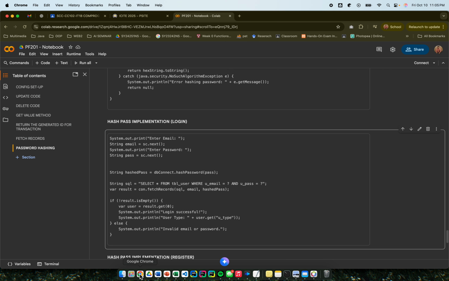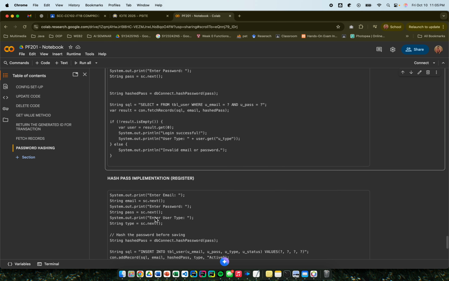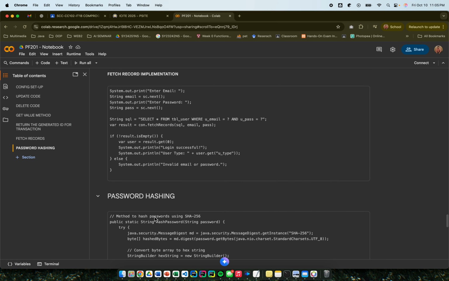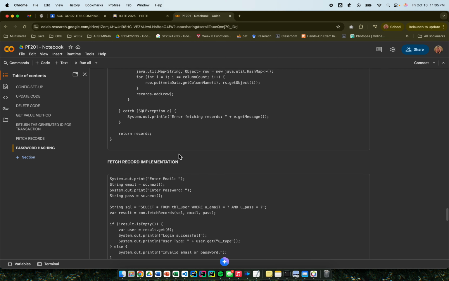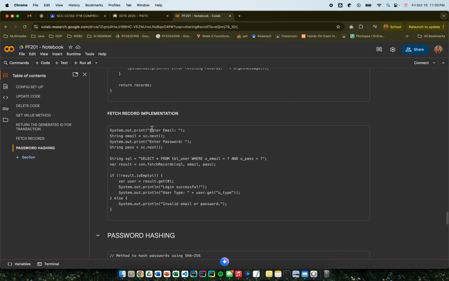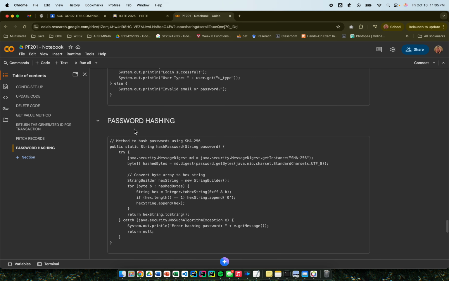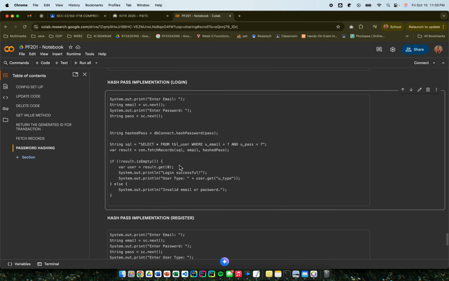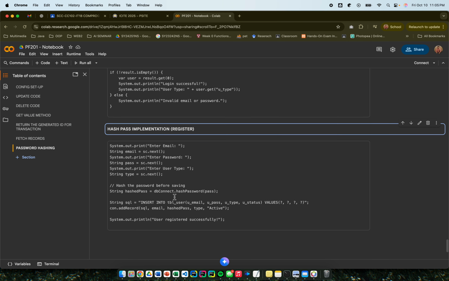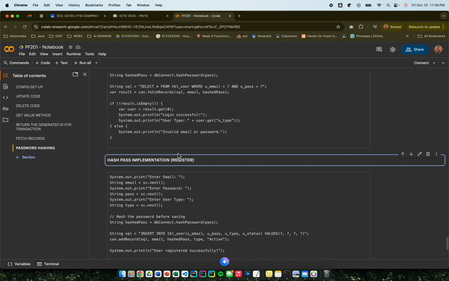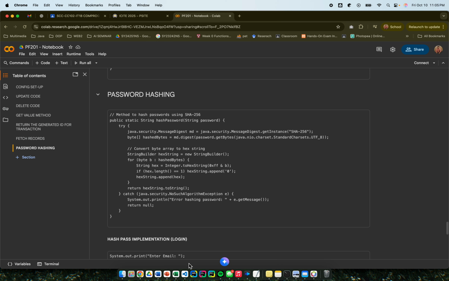Now, as a quick overview, we will also check the current Google Colab that we have. I've already added the code from the last session, which is fetching records and how to use the fetching records. So hopefully you get to understand this one. Now what I added here is the password hashing and how to use the hash in login, how to use the hashing in register, and how we are going to use this hashing. So this is the first thing that I'll be implementing in this program. Now, going back to NetBeans,